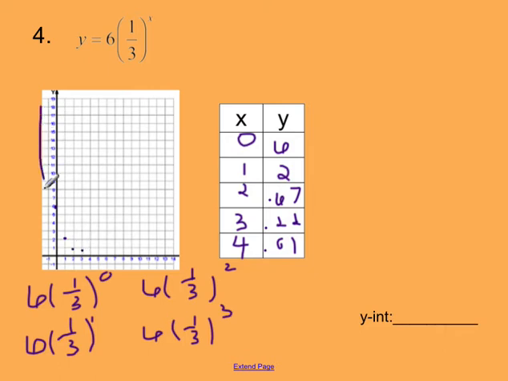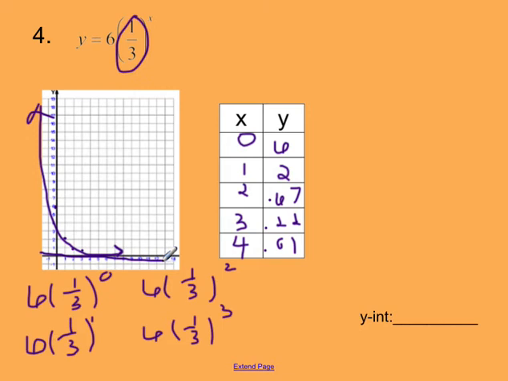So here's where the tricky part comes in. Remember when I said you do not want to cross the x-axis? What's going to happen is when your graph slopes down like this, and it's going to slope down when this number is less than 1, you want to come down and come down and come down, but you're never going to actually cross this axis right here. You're just going to kind of sit on top of it, as you can see my graph is doing here